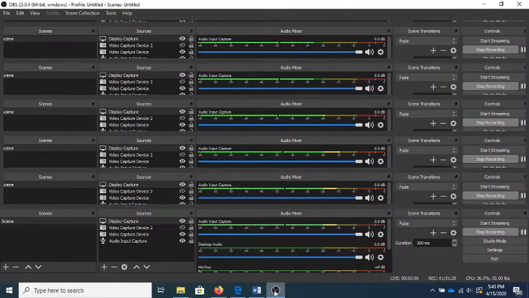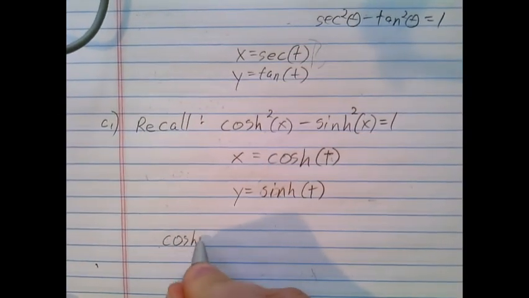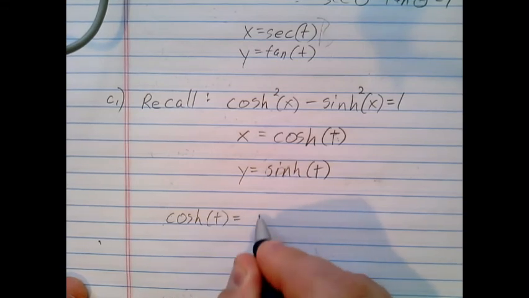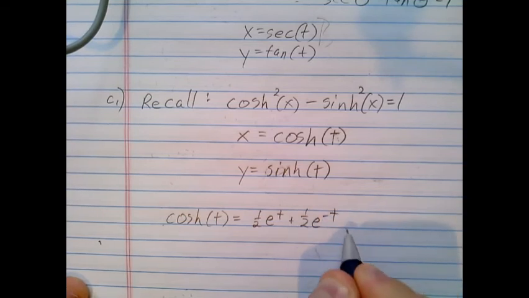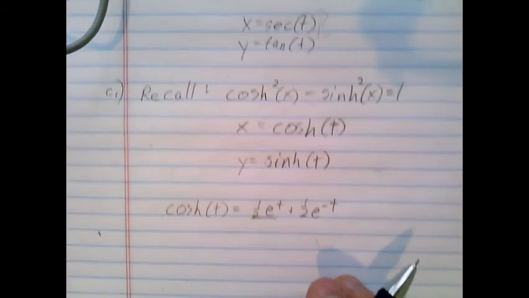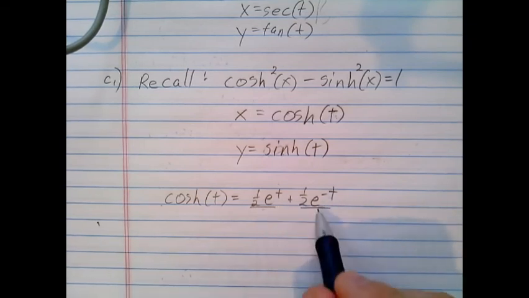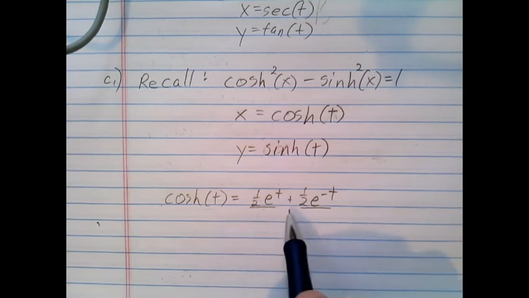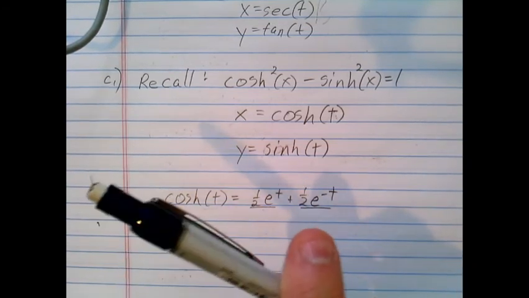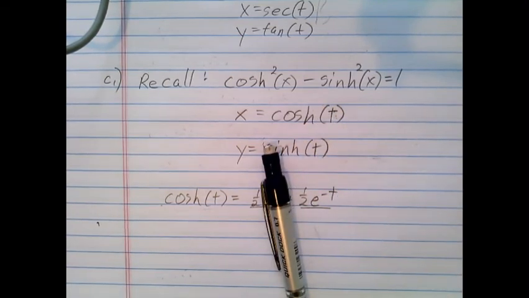Let's flip back over to the paper. Hyperbolic cosine of t, by definition, is 1/2 e to the t plus 1/2 e to the negative t. Okay, e to the t can never be negative. e to the negative t can never be negative. So when I add these two things together, I'm never going to get any negative values. The outputs of hyperbolic cosine are all positive. And since hyperbolic cosine is what I'm using for x, I'm only ever going to get the right-hand branch of